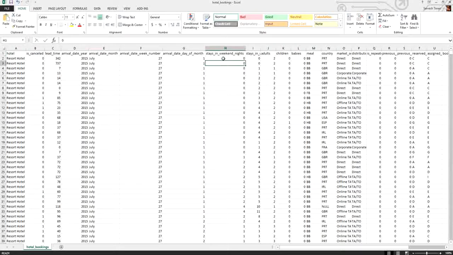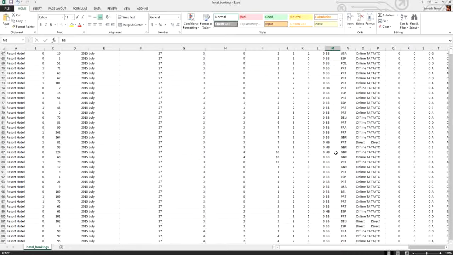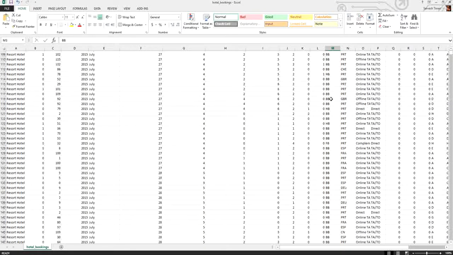In this column, it is shown whether the user has stayed the weekend nights or not. In this column, they have stored whether the user has stayed in week nights or not. Number of adults, children, babies, meal.